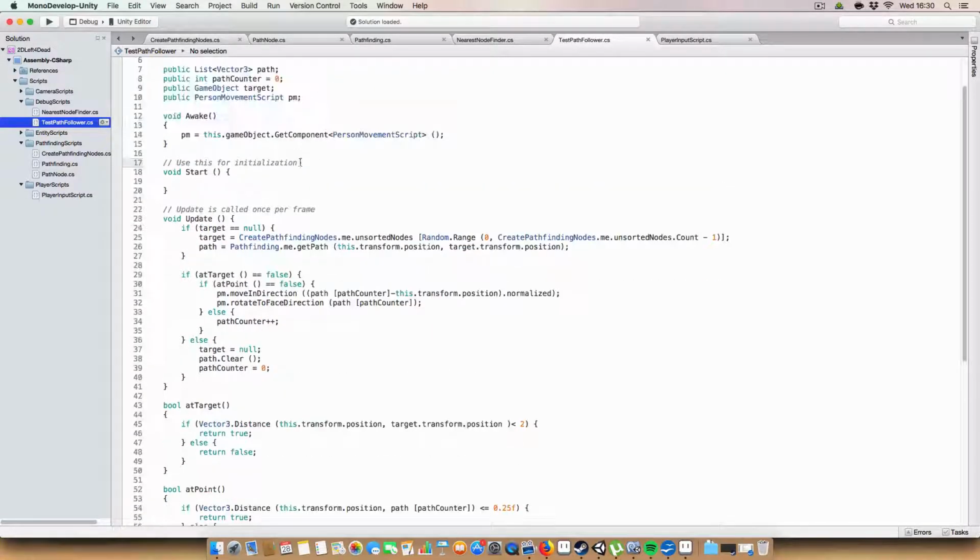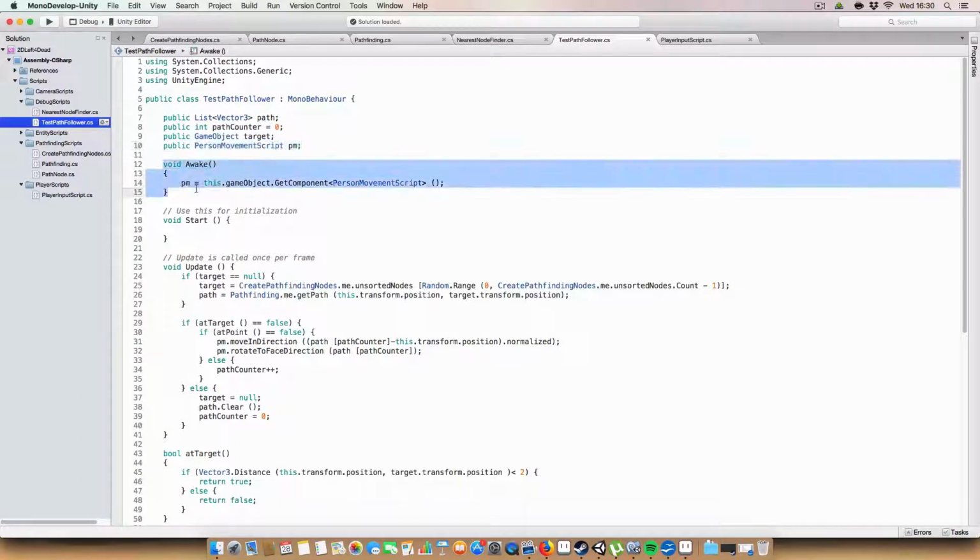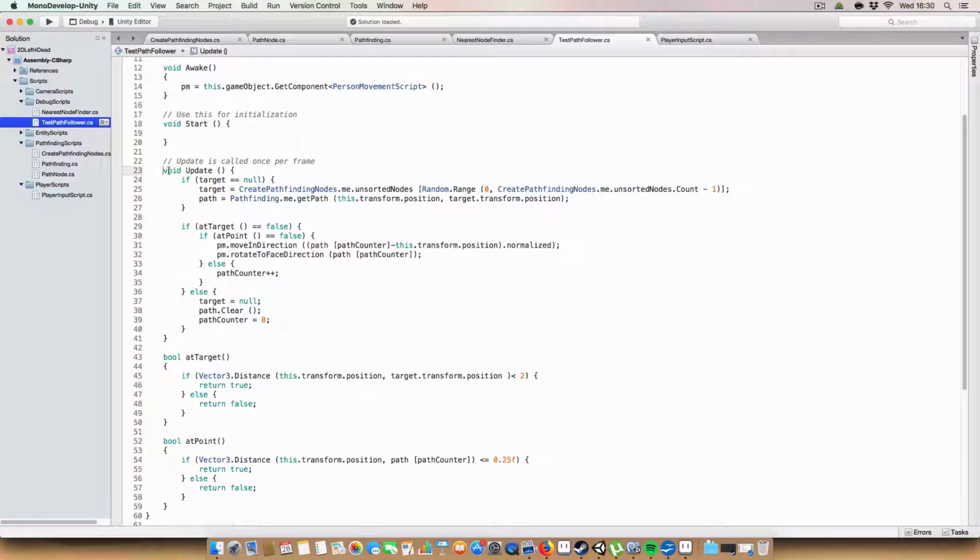So what we do is we got a list of Vector3s for the current path. We got an integer for the path counter that's set to 0. We got a target game object and a person movement script. In Awake, we just set the person movement script, and then on Update we check if the target's null. Then we just get a random node out of the unsorted nodes to go to,